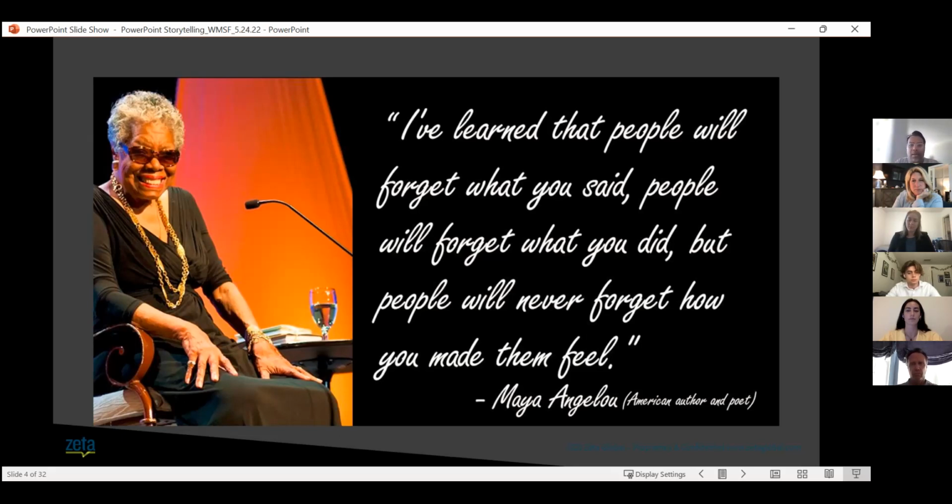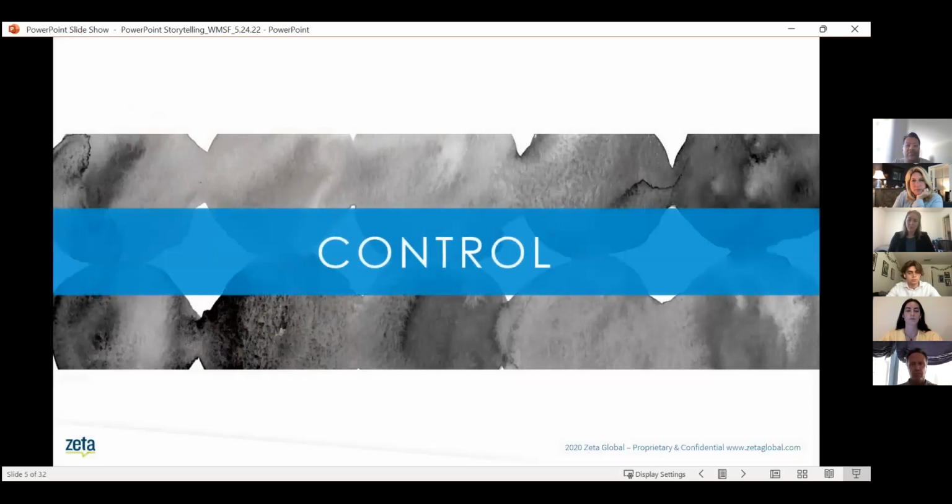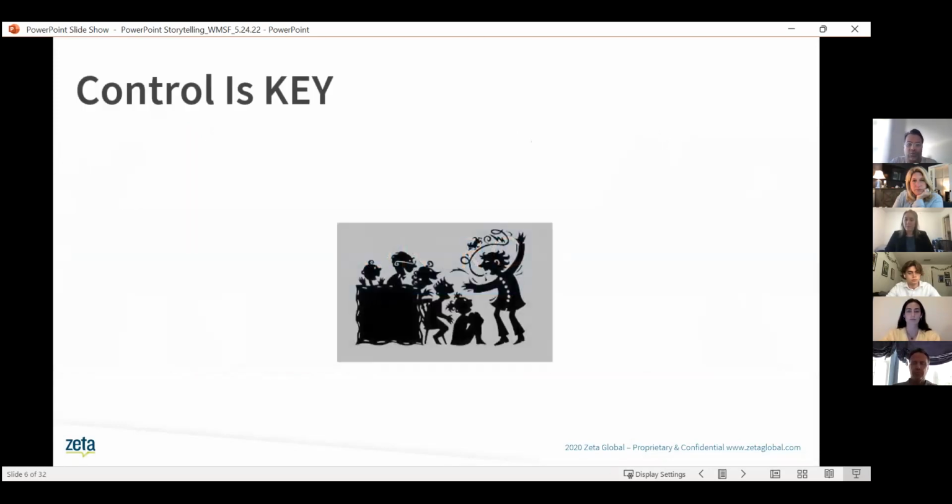So now, how do you get to that point of imparting a feeling, right, and making that impact? It really starts with control, this notion of control. So I have a couple of visuals here. If you want to be a great storyteller, and this is my image for somebody telling a joke, they could be giving a pitch on a concept. Before you can get to this point and tell a great story, you have to have control